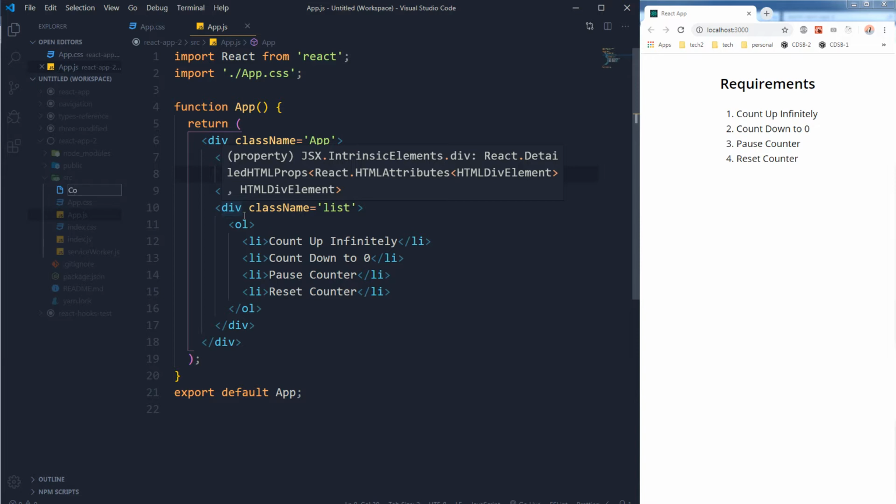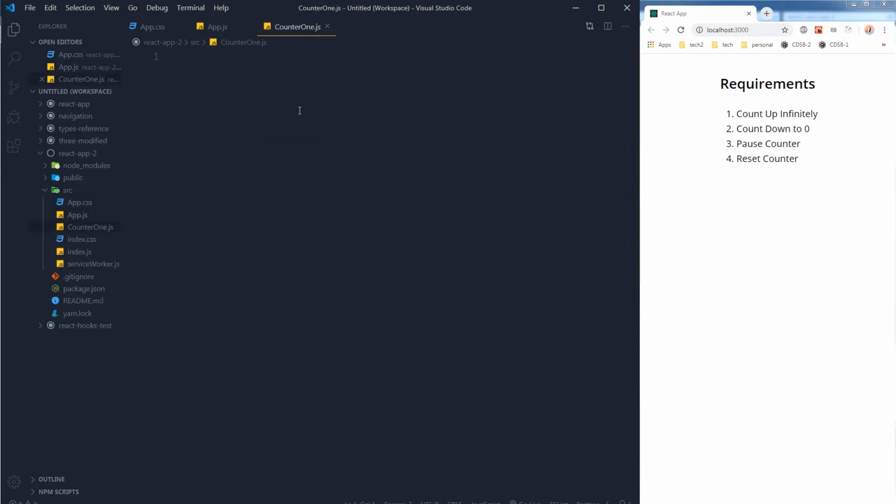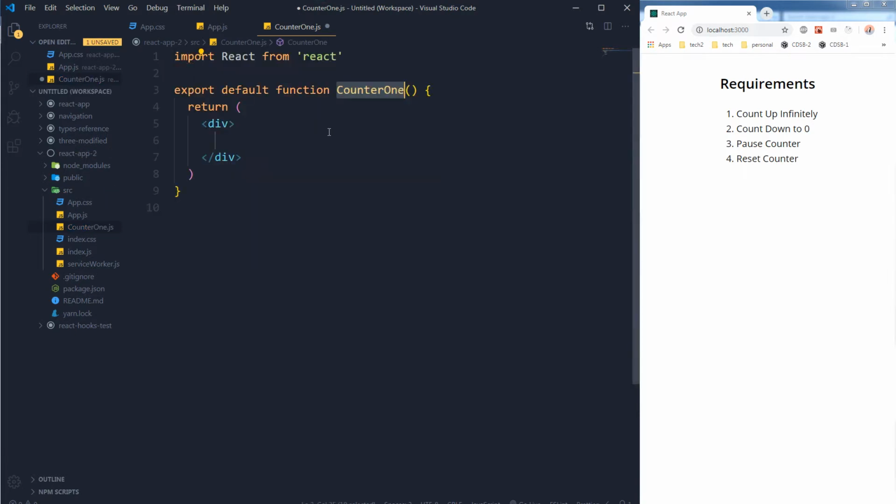counter1.js, React function component. Well, I do not need a function component. I am using here a class based component because I need this state. I need to store the counter progress in this state. So export default will be below,